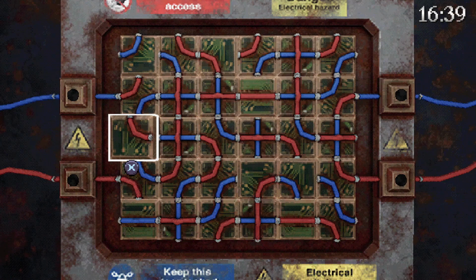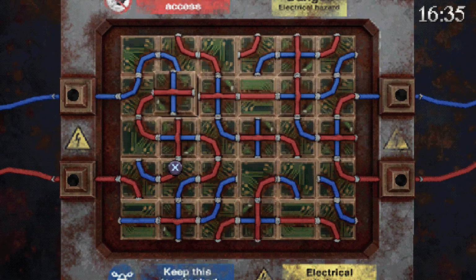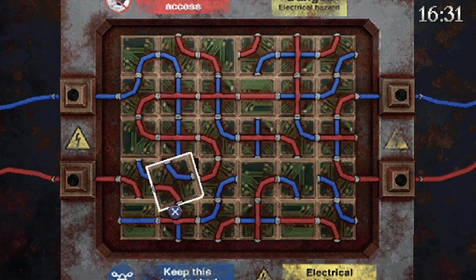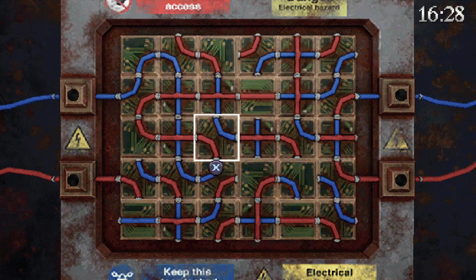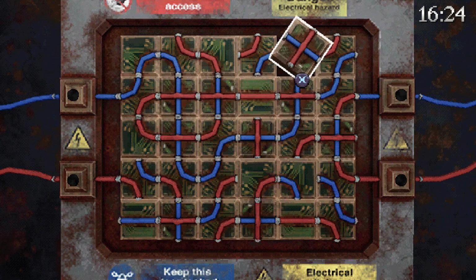This is a very, very fun puzzle. I'm here for this puzzle. You press X to rotate the things, and you need to make a connection. You need to connect the wires up. Sometimes some of them are red herring wires. You don't really need to use them. But you see we have to connect the...